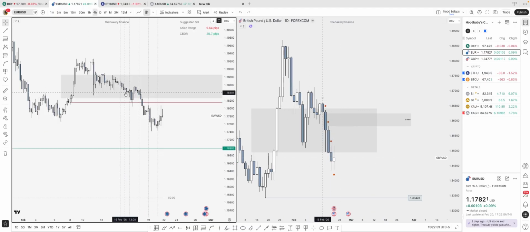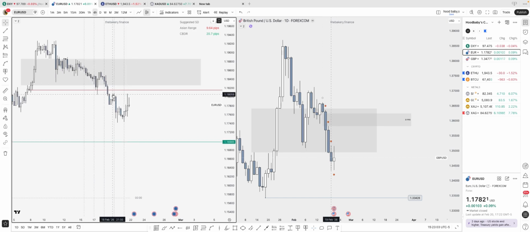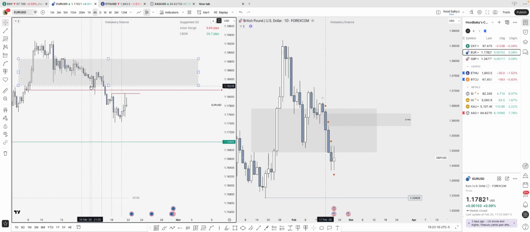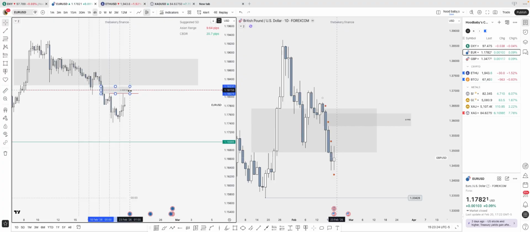Going down to the 4 hours time frame, we can see price created relatively equal highs, which could easily be swept. And just above that, we do have a fair value gap. Although the 4 hour fair value gap has already been claimed, we can get a reclaim of that position for price to go lower.